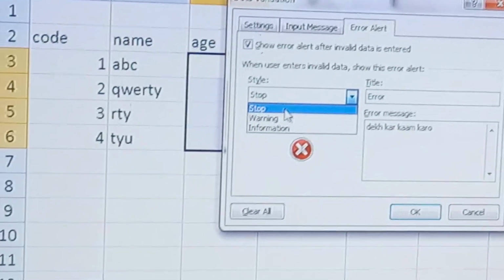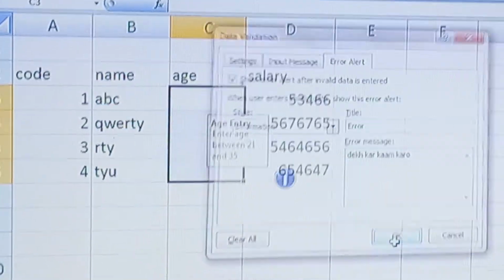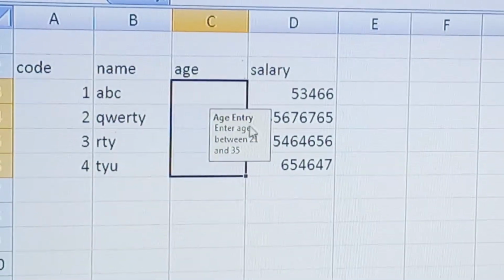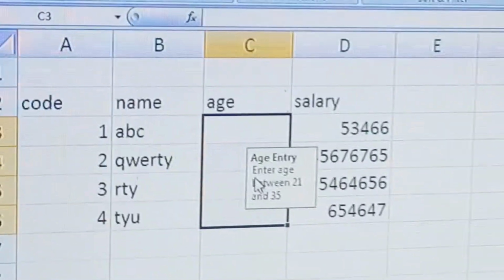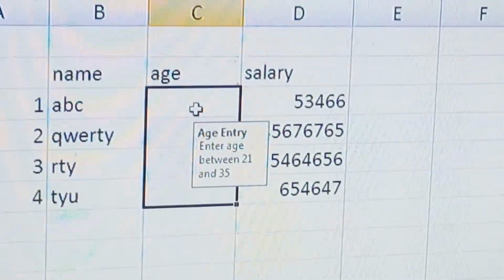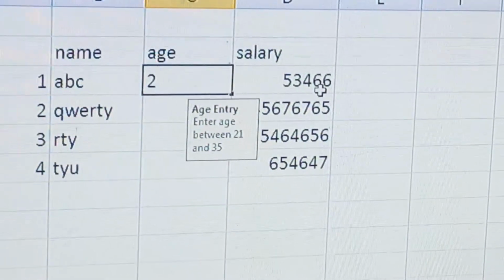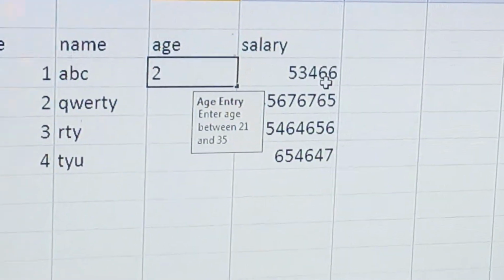So let's see one by one. Suppose I select information. Now here age entry is the heading, and the message is enter age between 21 to 35. Now suppose I enter the age 2.